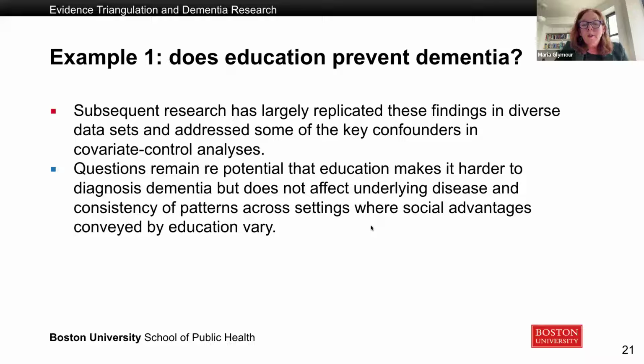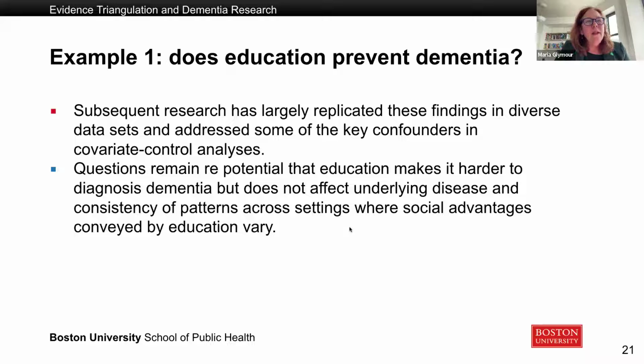There are still very important questions about the potential that education doesn't really help you truly functionally, but it just makes it much harder to diagnose dementia. If you remember, all of the dementia diagnoses are based on performance on these little tests. If there's one thing education does for us, it helps us take tests better. Whether that really pays off in terms of functional stuff is, I think, a little bit less clear.